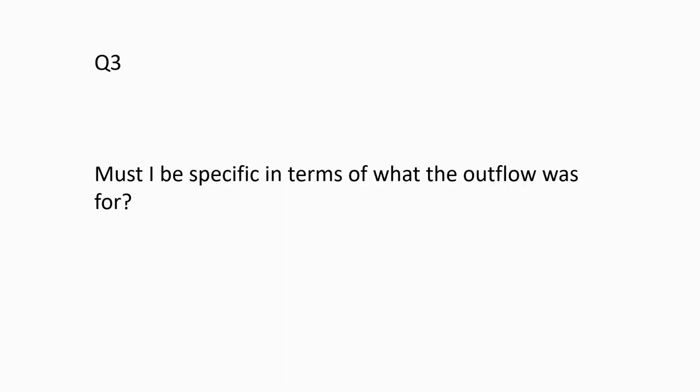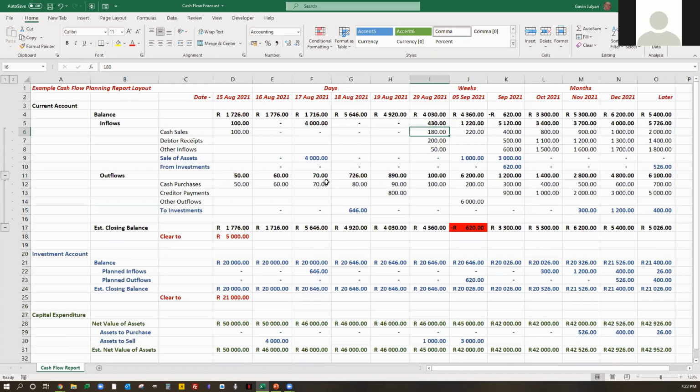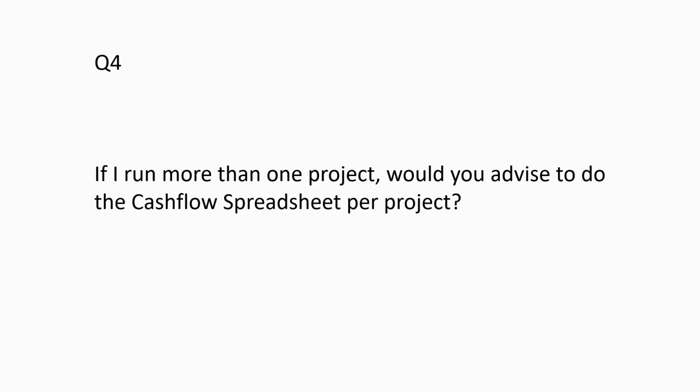If you want to, you can get very specific and put the debtor's name in, for example, or the project name. Remember, this is your spreadsheet. What I've done here is I've just done an example that illustrates a principle. This is going to be your daily working document, and you need to make it work for you. So whatever detail you wish to go into, you must put it in. However, be very careful that you're not repeating your accounting system. In other words, your accounting system knows which debtors paid you. This is a summary of how much money came in.